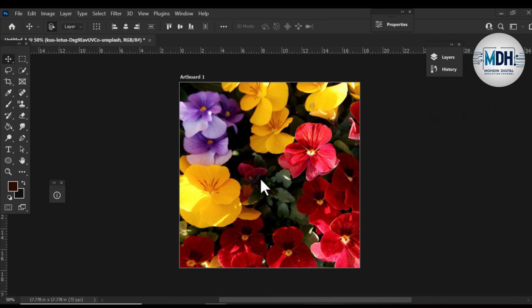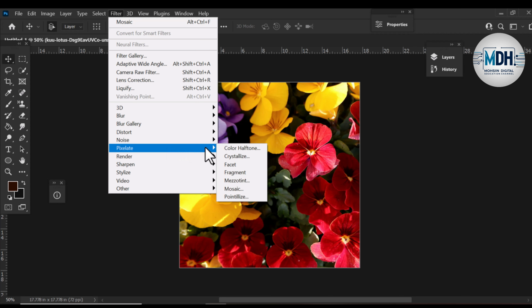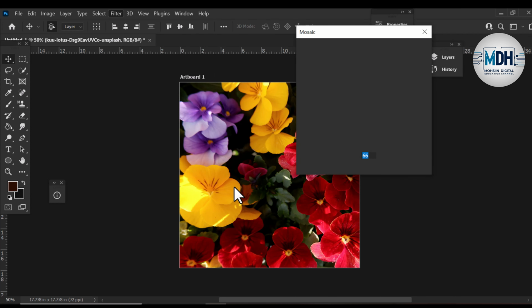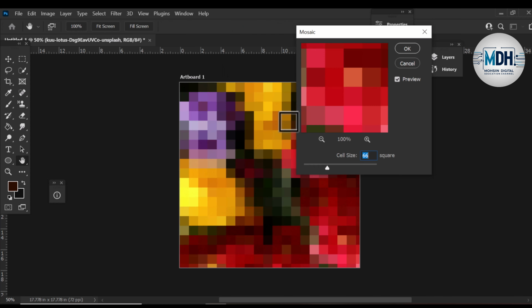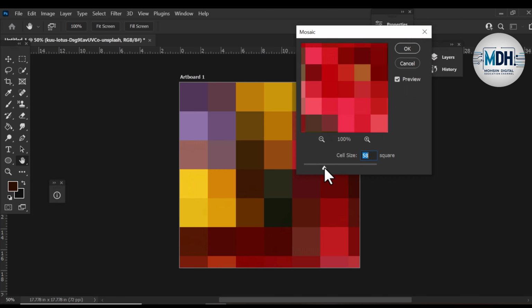Let's get started. First, open your image in Photoshop. Once your image is open, go to the top menu and select Filter. From the drop-down, choose Pixelate and then click on Mosaic. Here, you'll find an option to adjust the cell size. By increasing the cell size, Photoshop breaks the image into large square blocks, each representing a dominant color from that